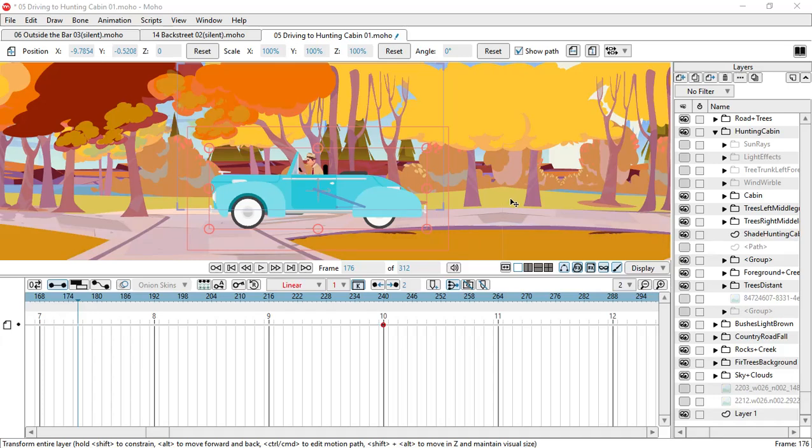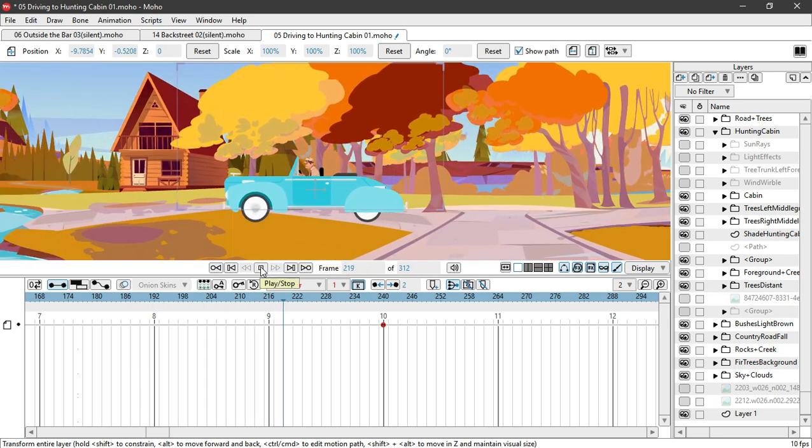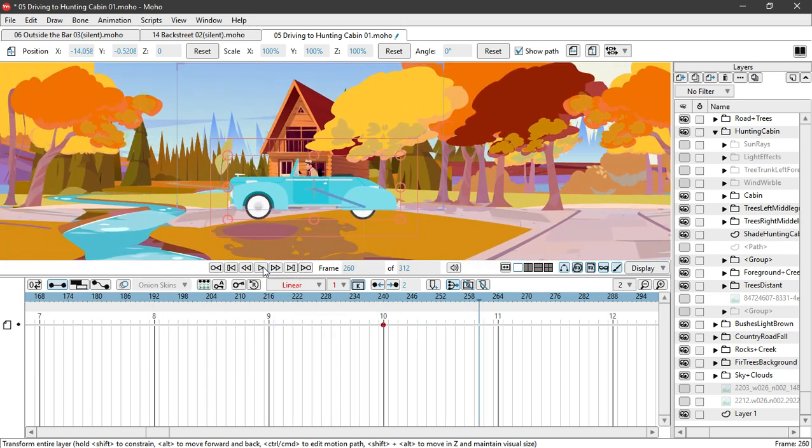Hi guys, I have a very simple problem. I will show you. This car is driving parallel to the camera and comes to a stop. Here I play it. So on the surface it looks okay, but as you see, I have chosen linear as